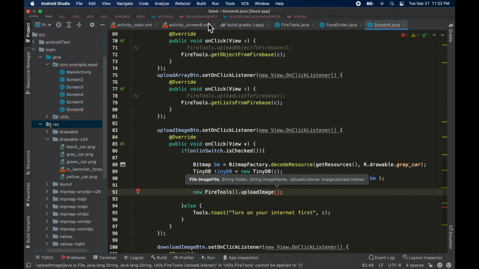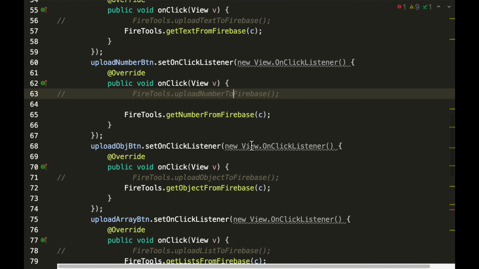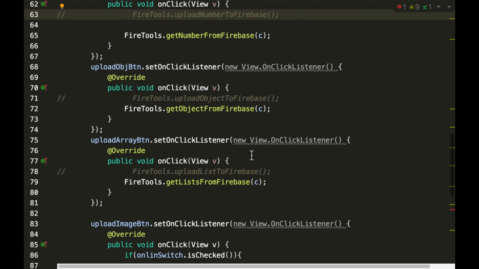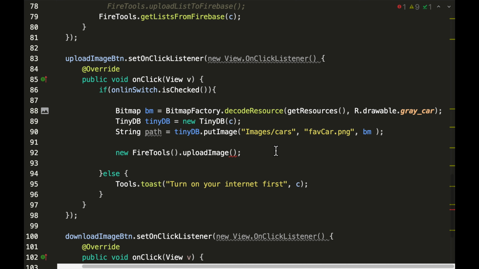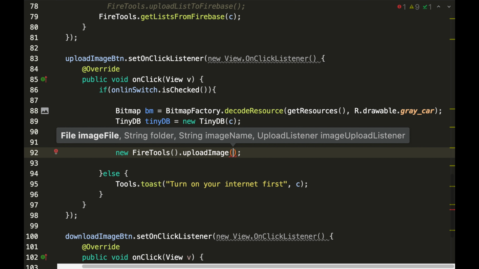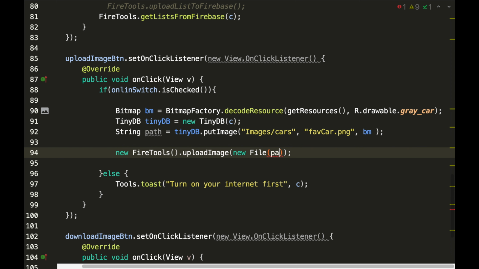Appearance, enter presentation mode. Okay. All right, so new firetools.uploadImage, and then we pass in the file. In this case, we say new File, and then we pass in the path we have above,